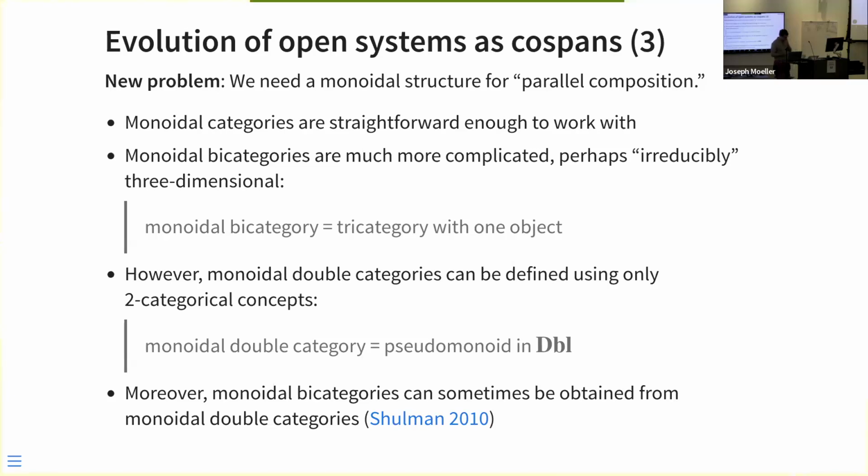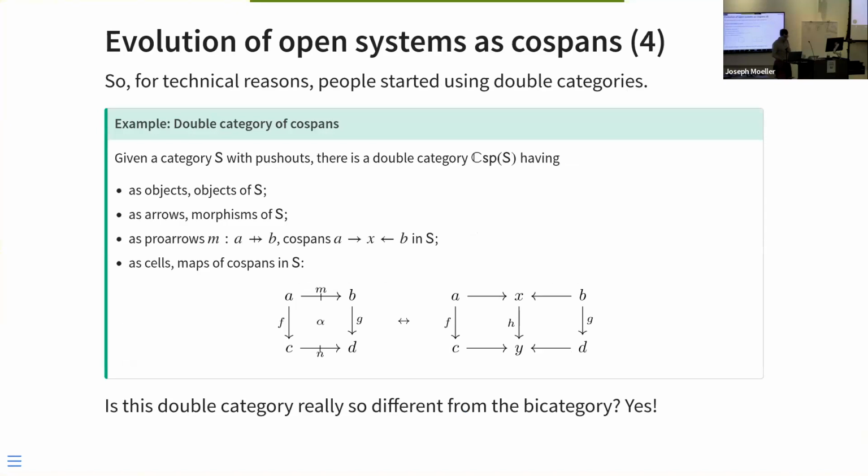But the point now is just to convey that all of these are two-dimensional notions. And moreover, Schulman showed in 2010 that if you have a monoidal double category, then under some conditions, such as it being an equipment, you can actually generate a monoidal bicategory from that. And so it appears that this is at least as good as a monoidal bicategory. And so people have started using double categories in the field,